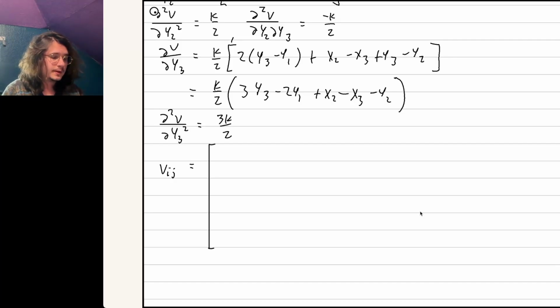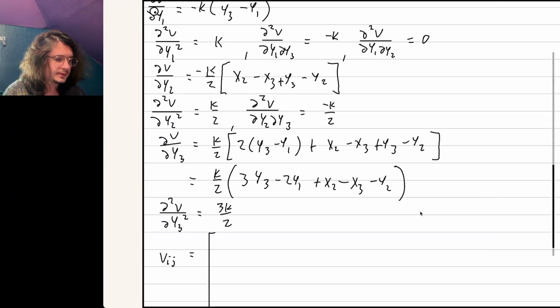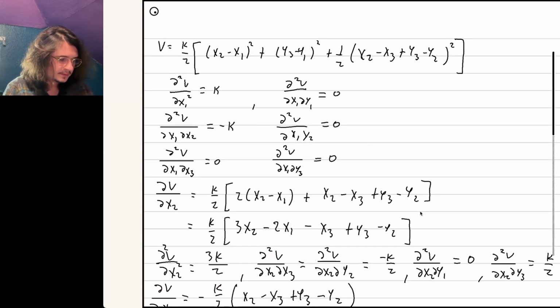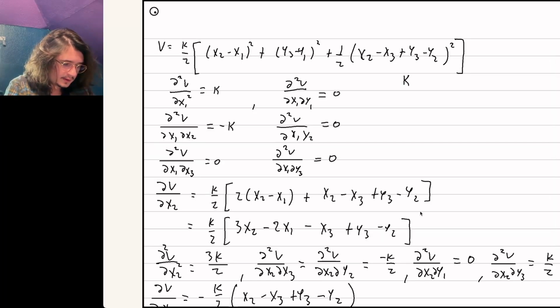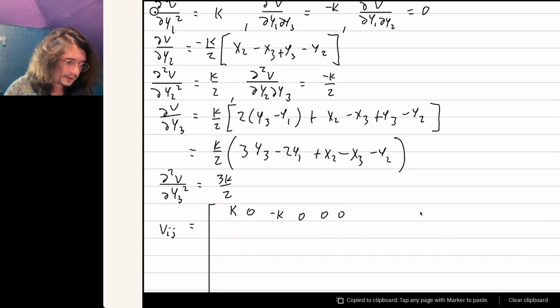So that means that the first row of the matrix is k, 0, minus k, 0, 0, 0. Then the next row,